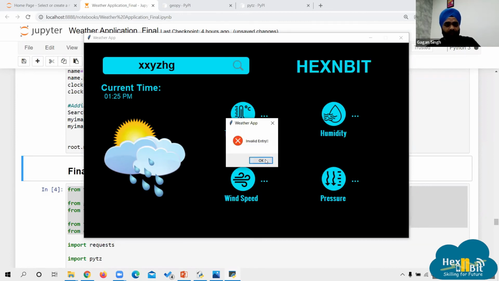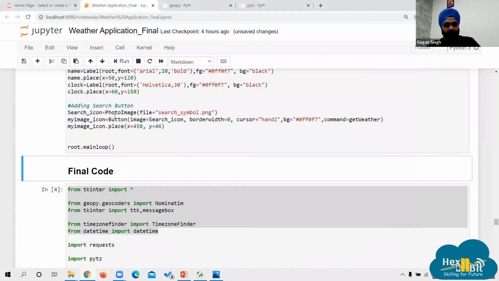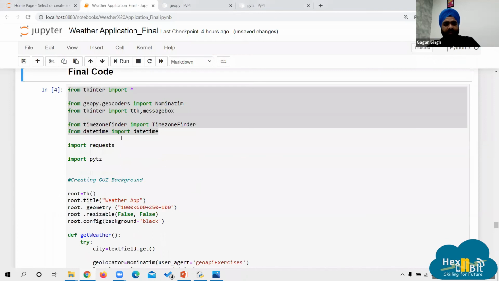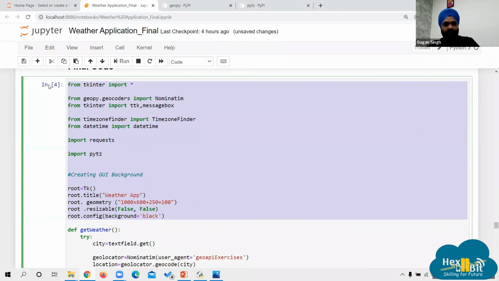Invalid entry, right? Yeah, got it. So if you write down anything wrong, it will show you a pop-up with the help of this message box. Now, the last thing that is supposed to be added is just modifying this get weather function. That's all. We are not going to modify anything else.